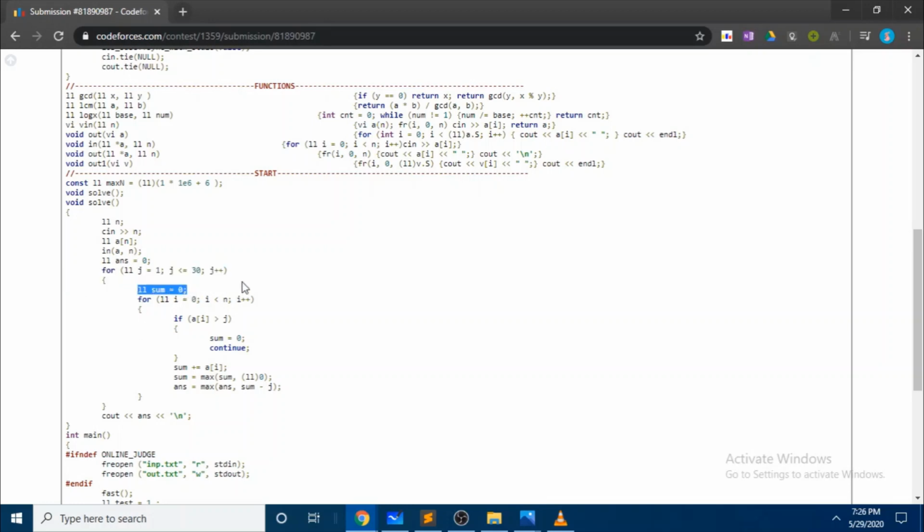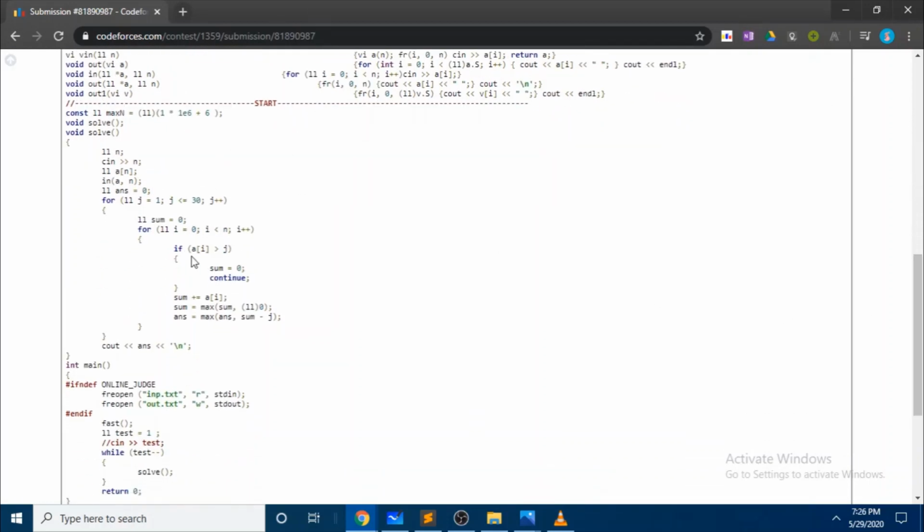Every time I will calculate the sum of the elements in the segment after removing Bob's jth element. So what we are considering: if we encounter any array element greater than j, we need not consider that segment, so we will initialize sum equal to 0. If we encounter any elements that are less than or equal to j, then we will add them to our sum.